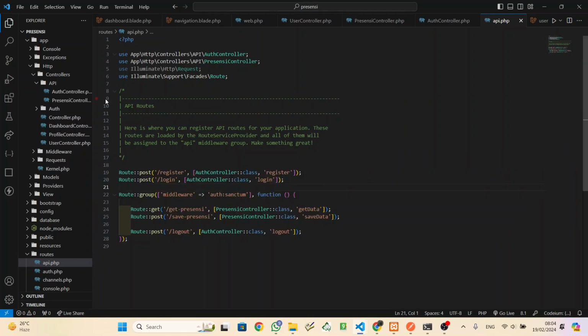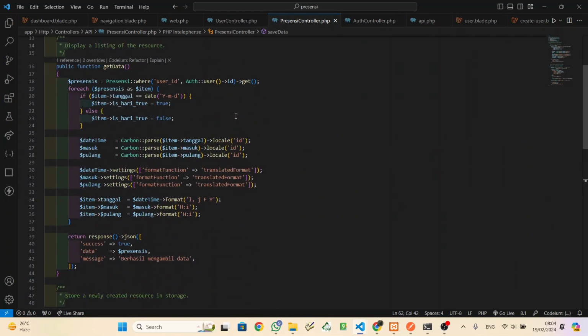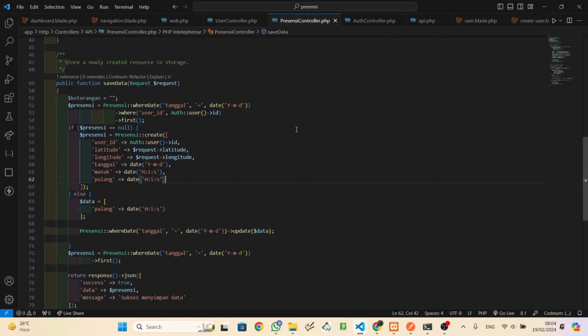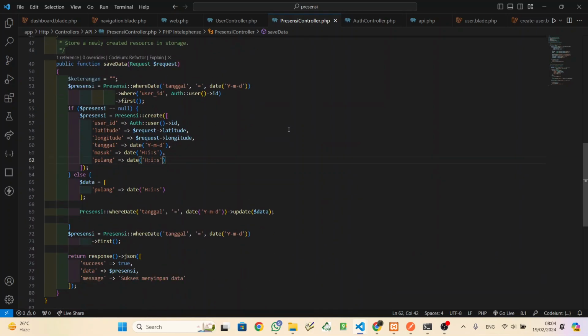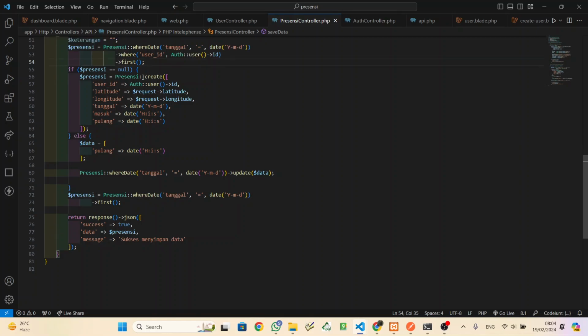And then inside that controller, put this code. So the first one is for saving the data. The first one is to make a new variable to get the data for the presency, and then make a new condition. If presency is null, it will create a new presency like this.